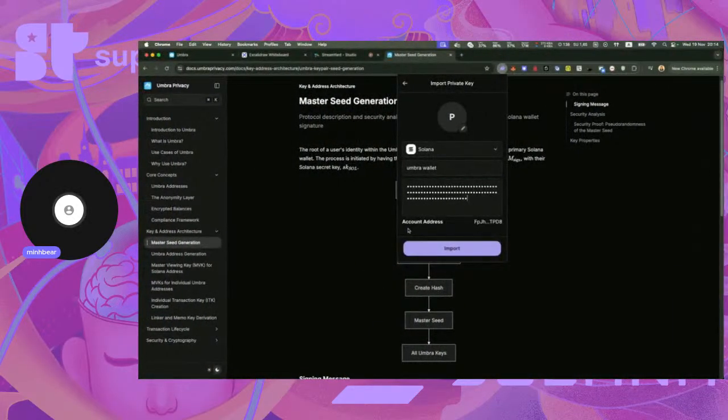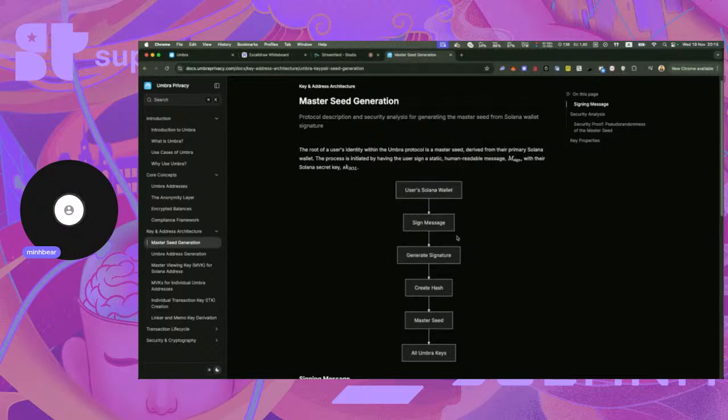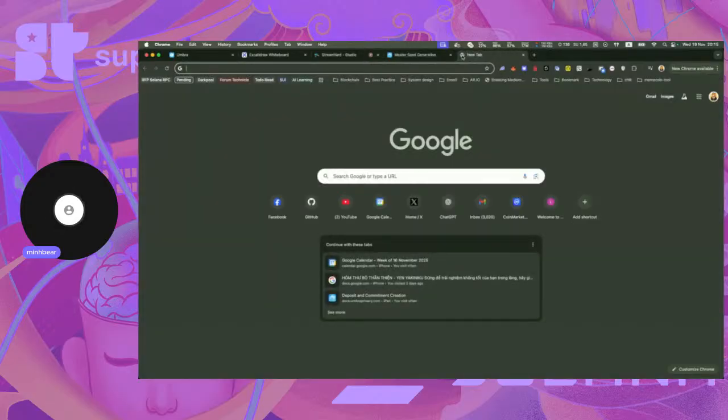So to summarize again, Umbra does not have a custodial wallet. They do not manage the Umbra wallets, and this wallet is managed by the user based on the process that generates the master seed, and the master seed is the passphrase for the new Umbra address. And this process does not have any hint to link the Umbra address to the real wallet you already have. So you cannot go into the Solana Explorer to see the transactions on the blockchain. For example, if I try to use that,